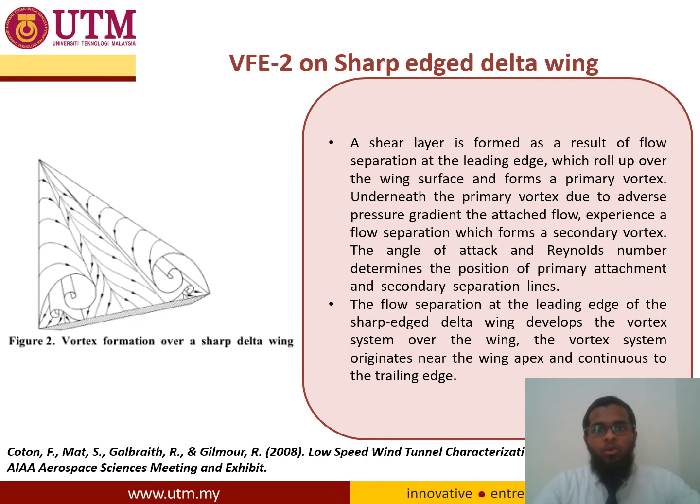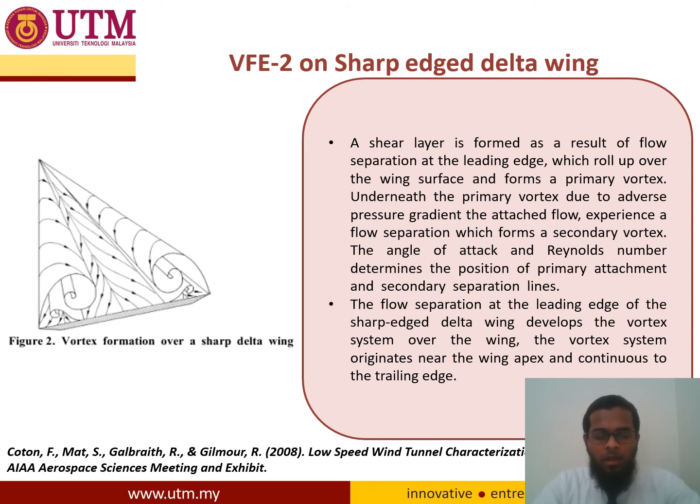The VFE2 on a sharp edge delta wing. Author Shabudin bin Mat et al. published a paper on this in 2008, and they have stated that the shear layers formed, which is the result of flow separation at the leading edge, roll up and form the primary vortex. Underneath the primary vortex, due to the pressure gradient, the secondary vortex is formed, and the separation and attachment of the primary vortices